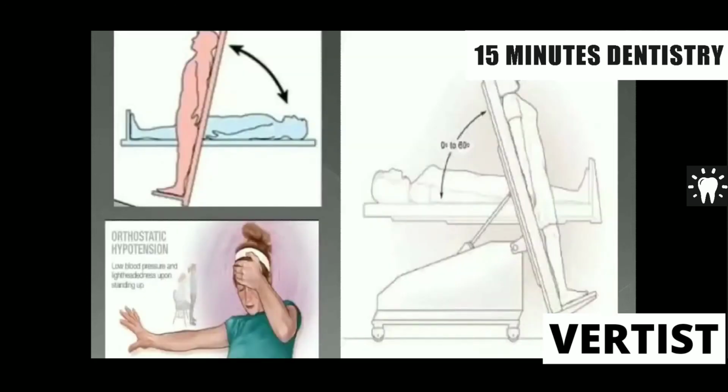And this is a slide showing orthostatic hypotension, which can occur whenever the patient is taking antihypertensive medications. So these patients have a chance of developing orthostatic hypotension. When you are treating a patient on the dental chair and suddenly after treatment the patient gets up, there is a chance that the patient may fall back because of this orthostatic hypotension. Such patients should be managed by slowly bringing the patient upright over a period of 15-20 minutes so that the patient's blood pressure is normalized. Suddenly if this patient gets up, then maybe the chance of